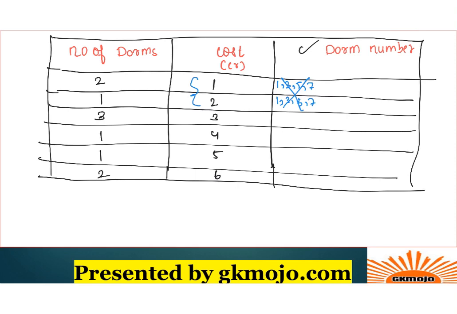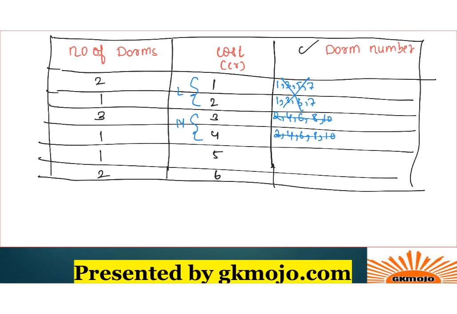Second point, even number DOMs do not need moderate repair. So these are moderate repairs, right? 3 crores and 4 crores. They do not have even number DOMs. So that is 2, 4, 6, 8, and 10. So they do not have them, right? So now we are done with two conditions, right?